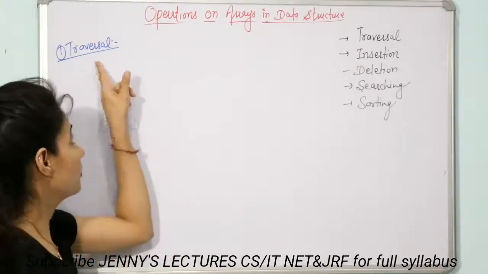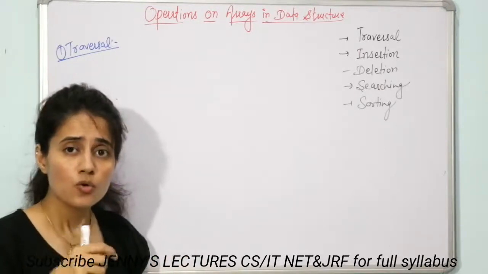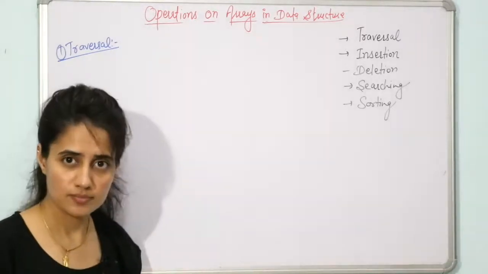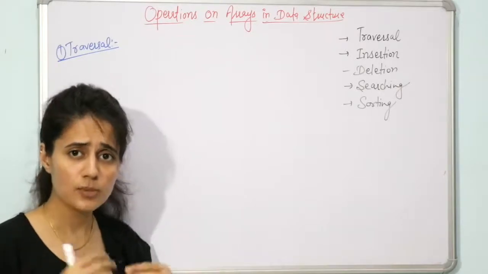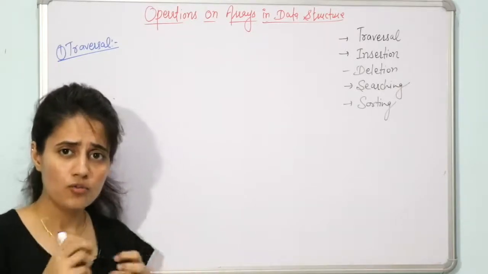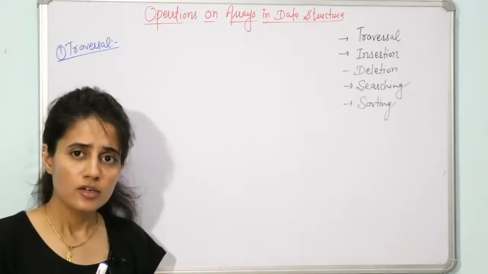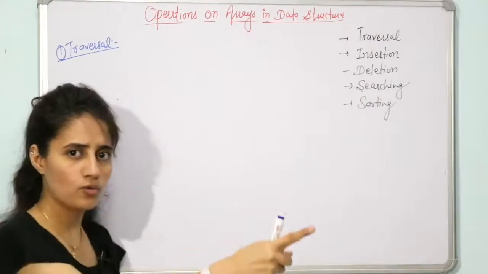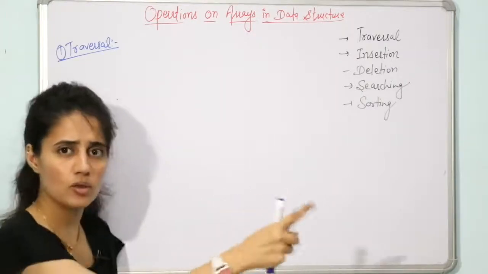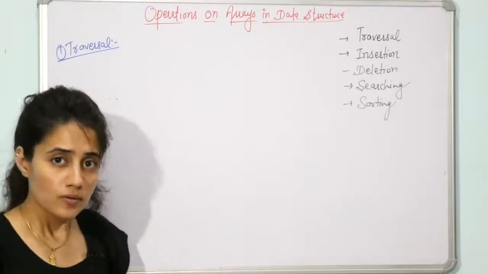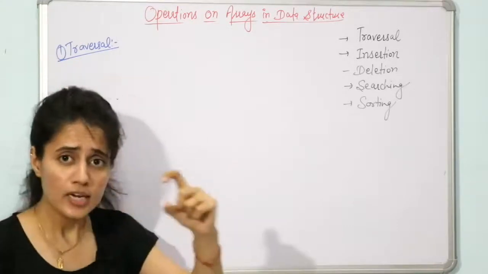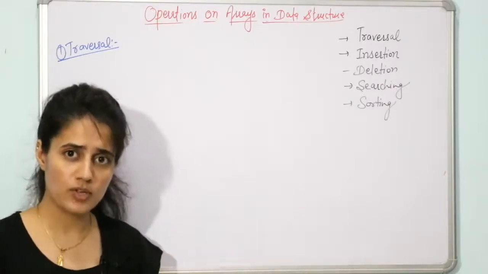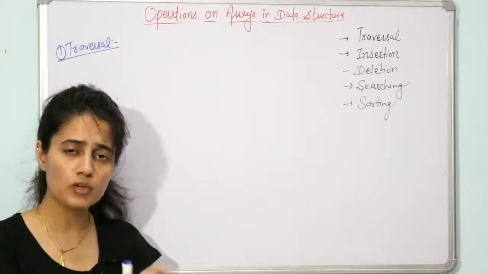Now what does traversal mean? Traversal means visiting every element of the array exactly once. Suppose you take one example. You have 5 apples and you point your finger at the first apple first of all, then second, then third, then fourth, and then fifth, something like this. You are traversing all the apples. So in this case we are going to traverse all the elements of the array, and the output should be what? You should print the elements of the array. Whatever the elements in the array, we are going to print those elements.